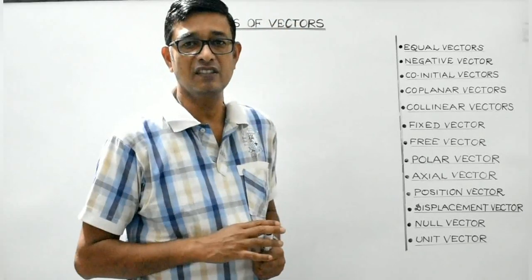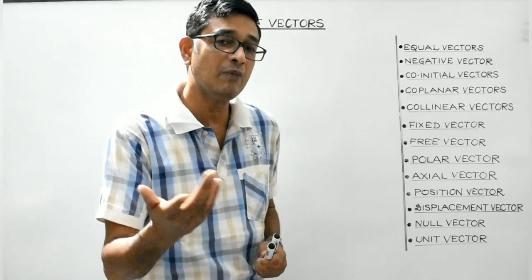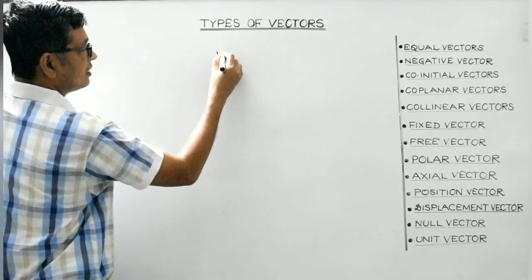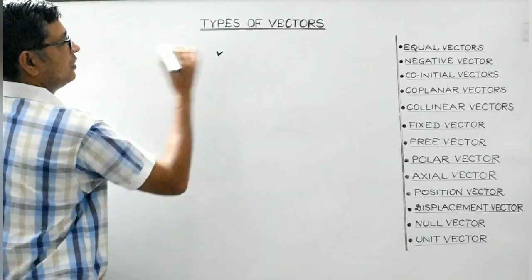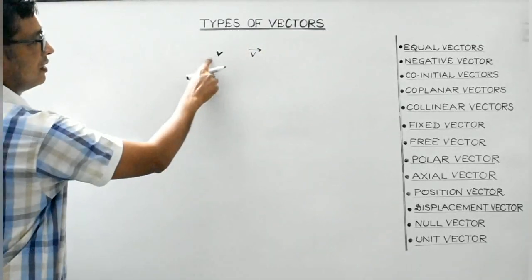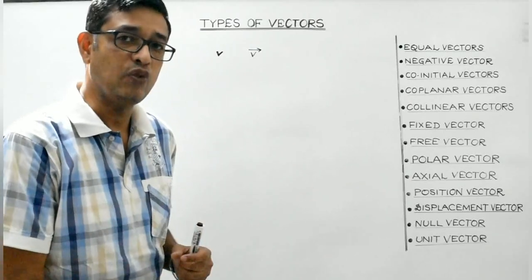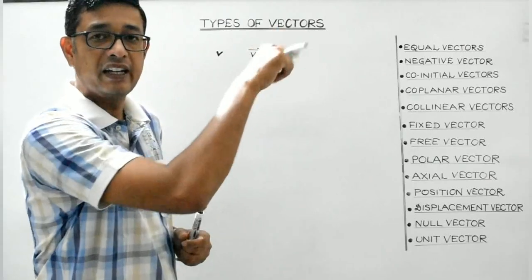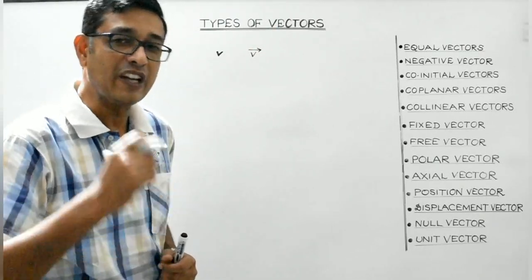And students, vector quantities are represented by either a bold letter or a letter above which an arrowhead is represented. Like velocity, as we are aware, velocity is a vector quantity having both magnitude as well as direction. So it can either be represented like this, bold letter V, or it can be represented in this particular manner, right? This bold letter V represents that velocity is a vector quantity, or you can write it like this, and over the letter V you can indicate by an arrow